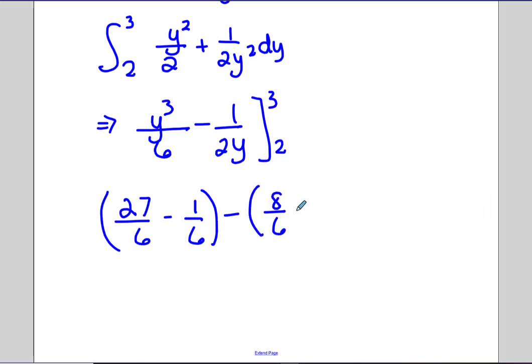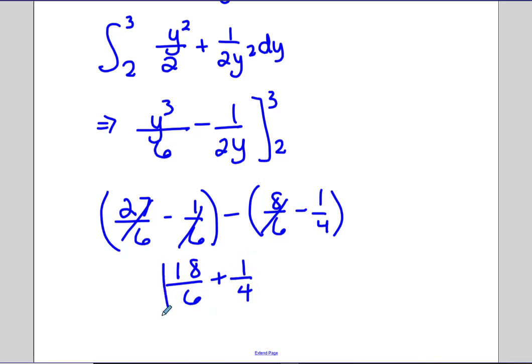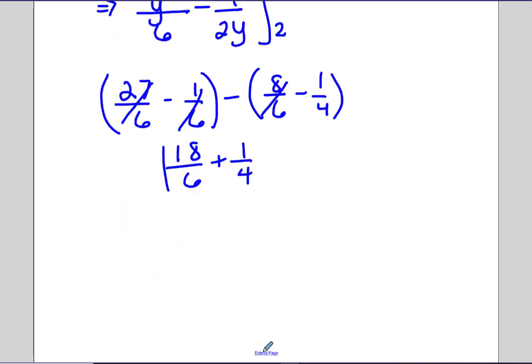and 1 over 4. So this looks like it could be 18 over 6. So I'm considering this is 26 minus that is 18 over 6 minus a negative, so plus 1/4. And if we simplify this down, let's see, we can get 3 1/4. Is that 13 over 4? Yes, this is 3. 6 times 3 is 18, so this is 3 1/4. So 3 1/4 or